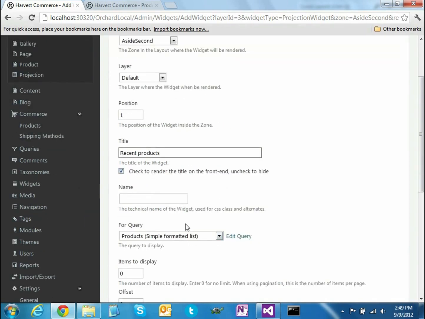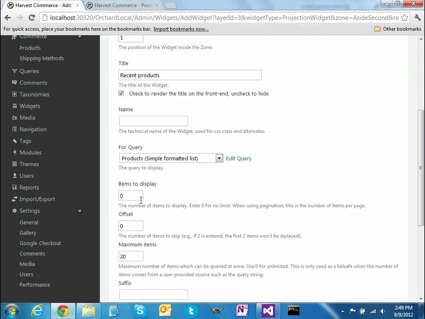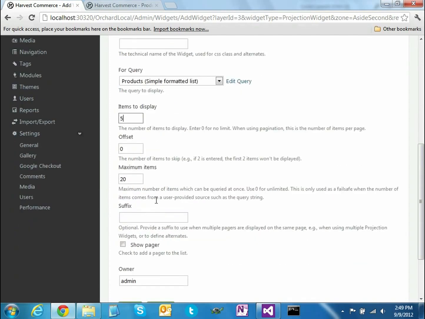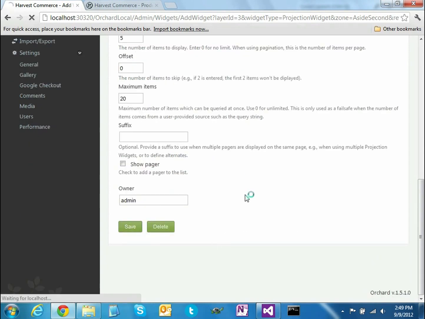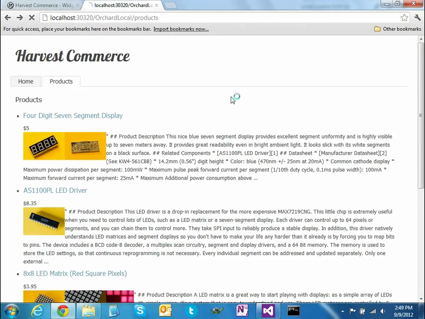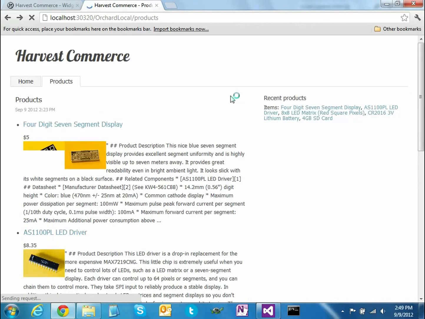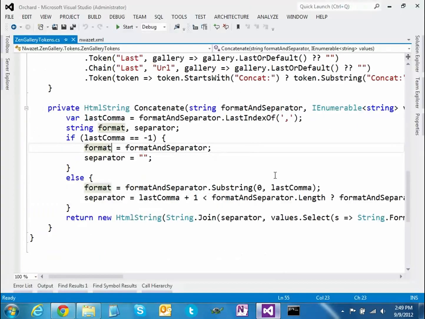Actually, I'm going to limit this to 5 items. So this is going to display the 5 most recent items, without pager, in the sidebar. And there you go. There they are. And the code for that,